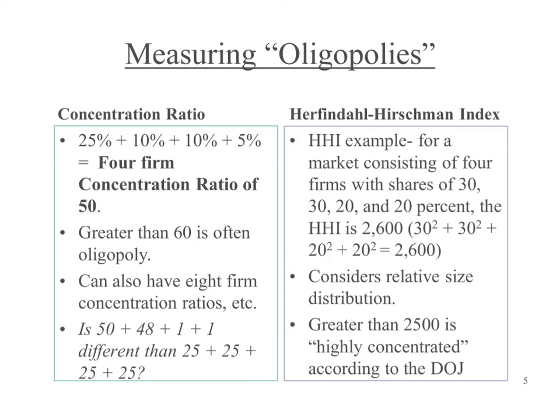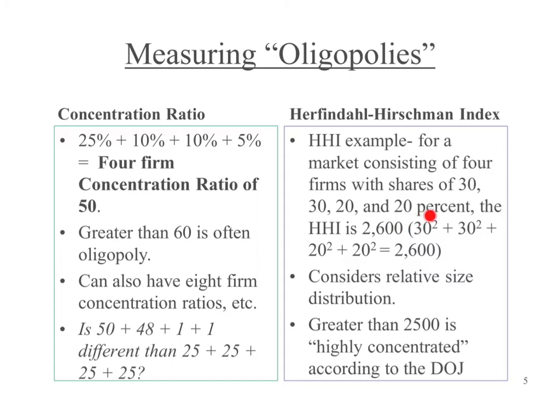So economists have created something known as the Herfindahl-Hirschman Index, otherwise known as the HHI, and this just weights the market shares so that we have a sense that the bigger market shares count more in the numeric assessment. The way that this would work, you also take the four largest firms, or in the HHI you could really do every firm in a market. Could be 40 firms in a market, and you could do an HHI on every single one of those.